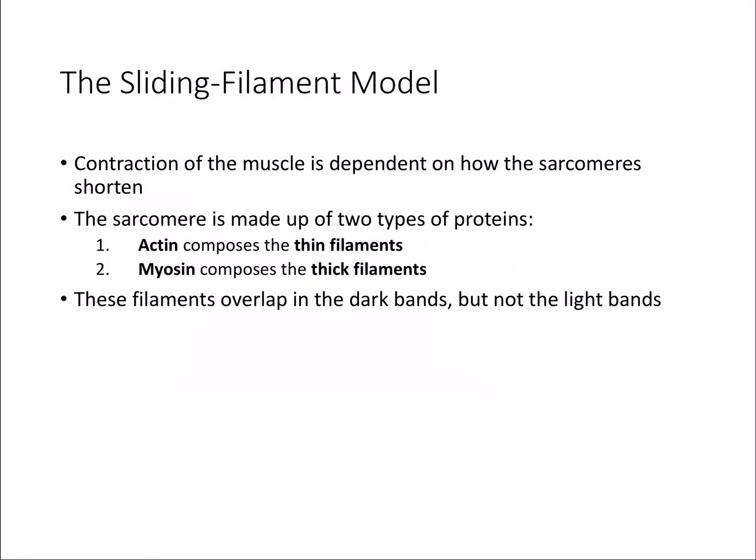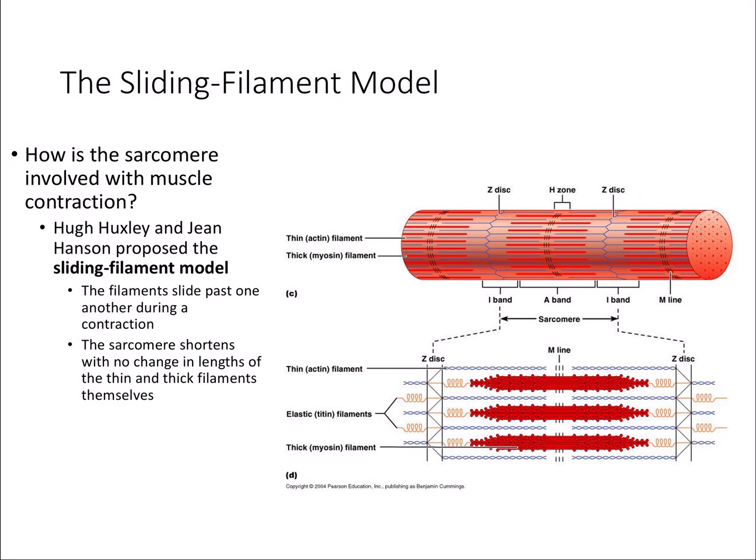It's the sliding filament theory. There are two types of filaments in the sarcomere: thin filaments that are made up of actin, and thick filaments that are made up of myosin. These filaments are going to overlap each other in certain parts, but the light banding patterns are going to stay the same. Like I said, when you look at the animations I post, it'll make sense. It's kind of hard to show this on a still figure, but definitely make sure